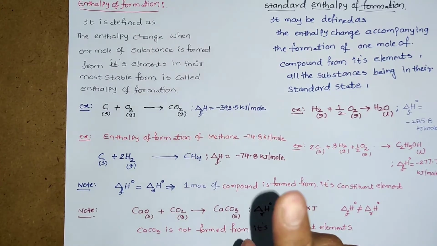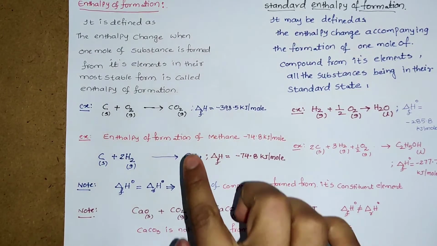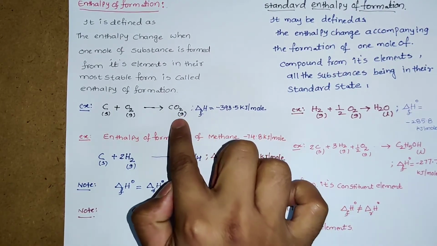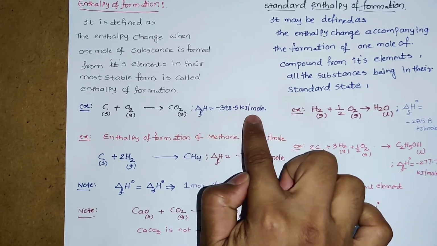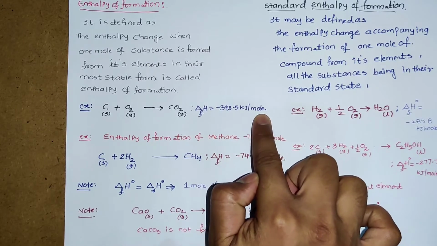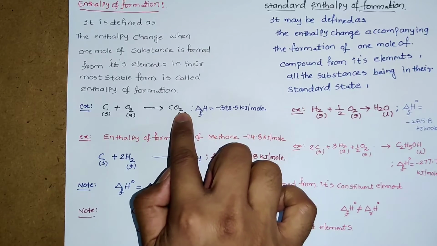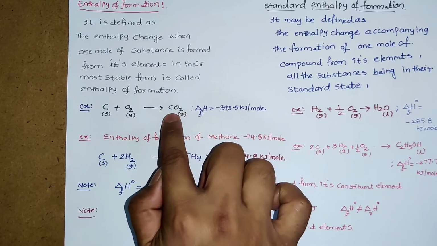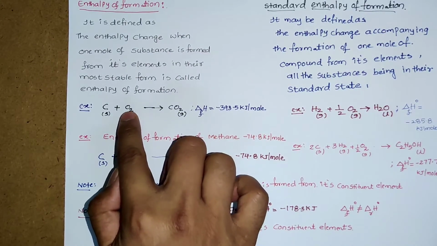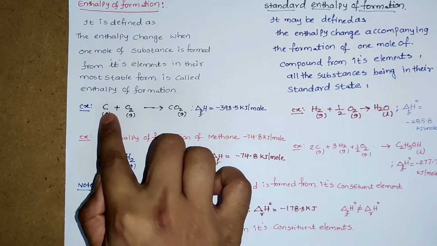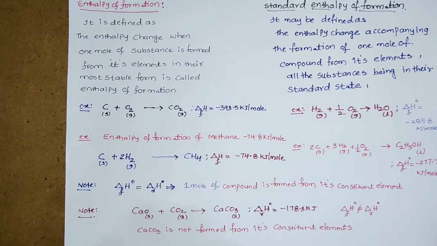Here we need to learn how to write the enthalpy of formation of a given compound. So once again I will say, for example, carbon dioxide. The enthalpy of formation of carbon dioxide is minus 393.5 kilojoule per mole. It was given like that. So for 1 mole of carbon dioxide, you write the formula of carbon dioxide, CO2. What are the constituent elements? Carbon, you write carbon. Another element is oxygen. What is the most stable form of oxygen? O2. Then you can check whether all the atoms are balanced or not. Then that is called the standard enthalpy of formation.